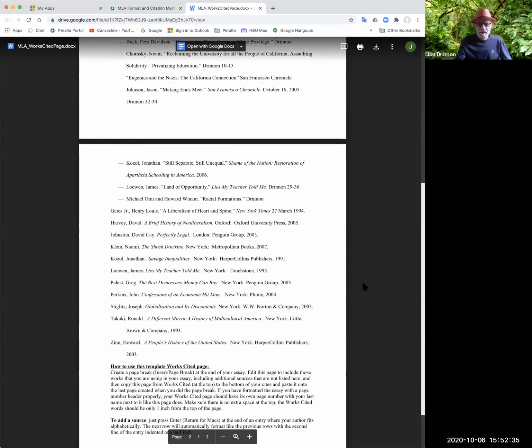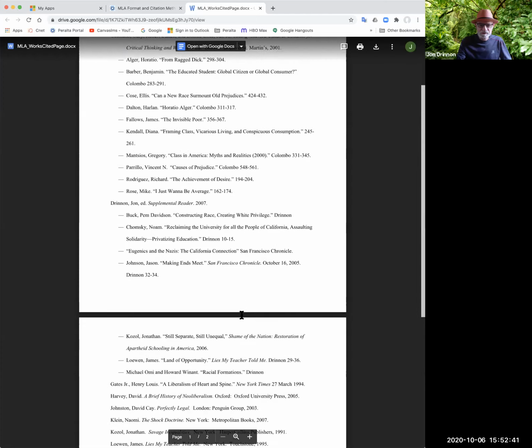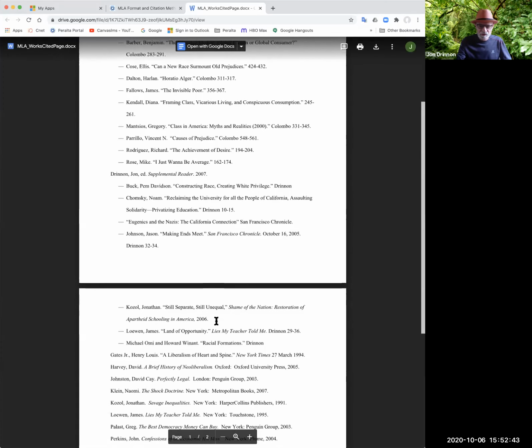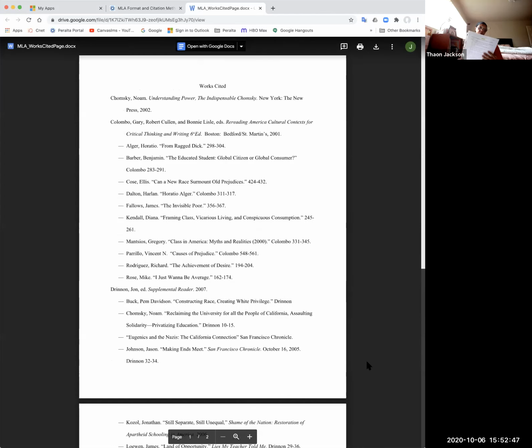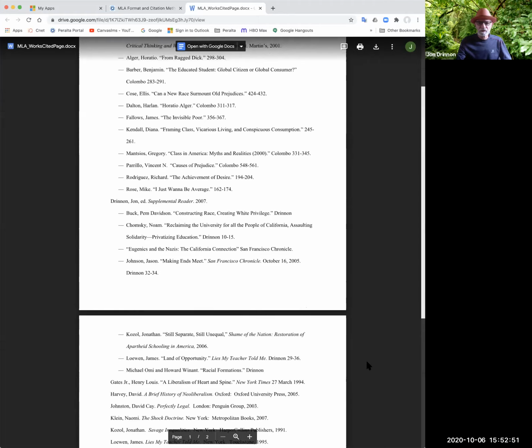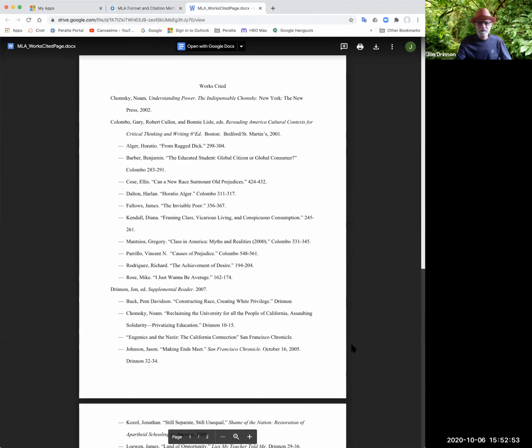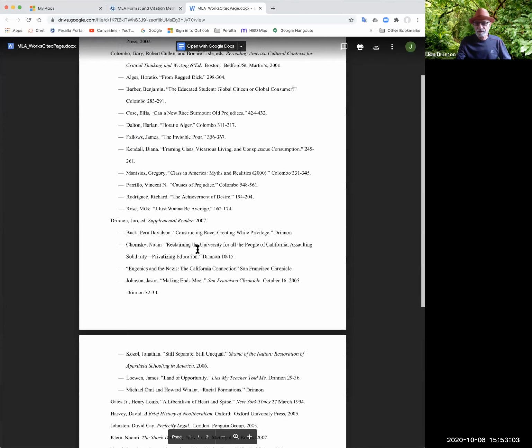Right. Okay. So you notice that some things that we got later on, Howard Zinn is here, Jonathan Kozol, James Loewen. Here's James Loewen. So most of the stuff is in here. If there's something that isn't in there, let me know and I'll help you out with it. But I think it's all there. And if we find something, we make sure that we add ours to this. And you can see how it's formatted just by looking at this.